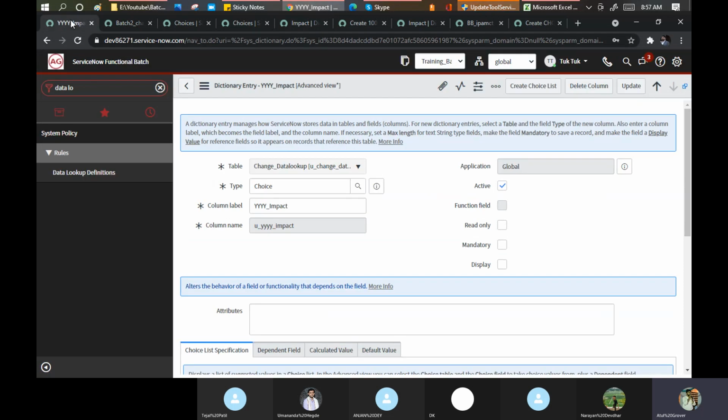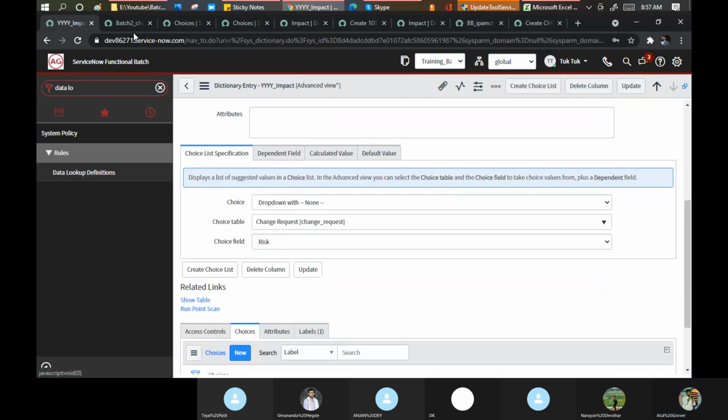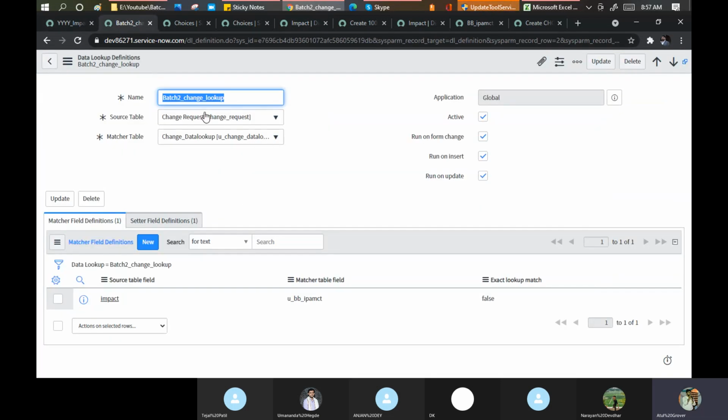Third point, when you go to the setter and matcher on the data lookup, make sure you use the right words, the right tables are there, and also you can checkbox all these things. And in the matcher, you need to match the right table here, right field to field mapping.